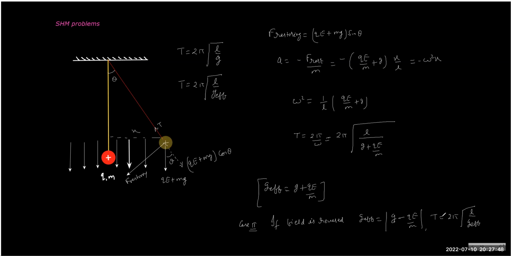So they may give you a situation. Let's say the time period of a pendulum is this many seconds under the influence of gravity and the vertical electric field, uniform field. When the field is reversed, then the time period changes to this value. Maybe it becomes 20 seconds. So find the electric field. So given T1 and T2, can we find the electric field value? That's a very nice experiment, that by using the time period, we can find the electric field, isn't it?